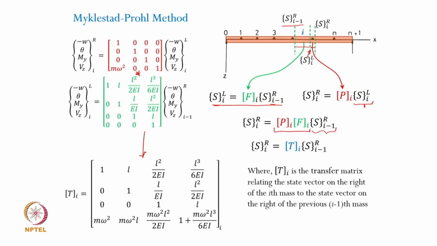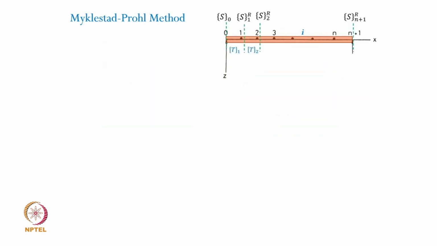Our job is to formulate the entire problem of the beam. So we will have to now keep on multiplying each transfer matrix to generate an overall transfer matrix, right? So that's what we are going to do. What you can notice is that because the state variables are 4 in this case, slope, deflection, shear force, bending moment, the size of the transfer matrix is 4 in lieu of 2 in case of the Holzer method. So what you do for considering the entire continuum,